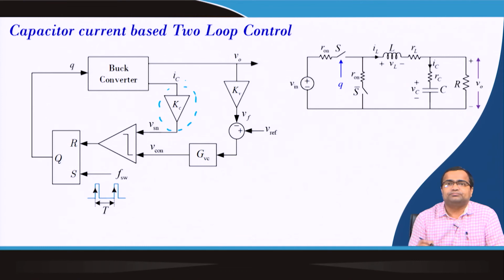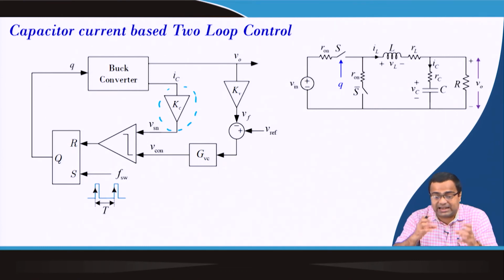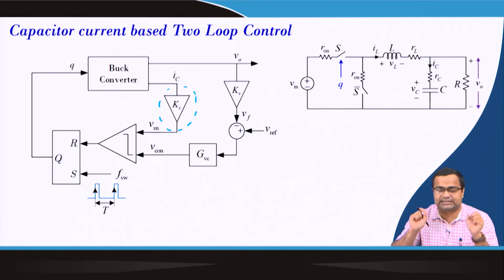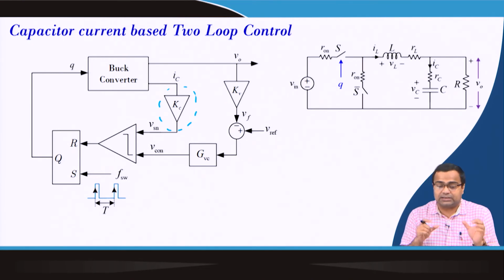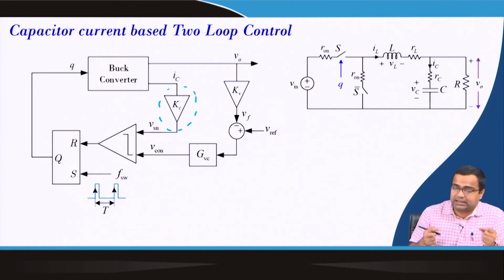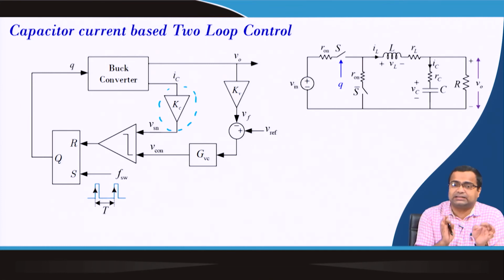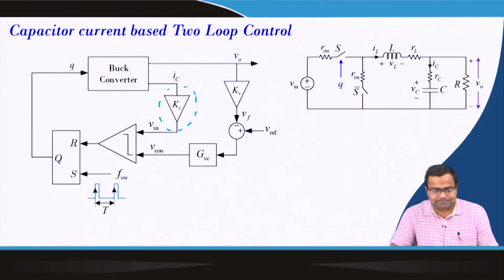that is also possible. But it is very difficult to sense the capacitor current, because we should not put any extra resistance in order to sense current, as that can increase the ESR, and that may be counterproductive in terms of the magnitude of the undershoot, and so on. That part we will also discuss when we talk about the output impedance. If we put any resistance in the capacitor, that can adversely affect the output impedance at high frequency, which we will also discuss.